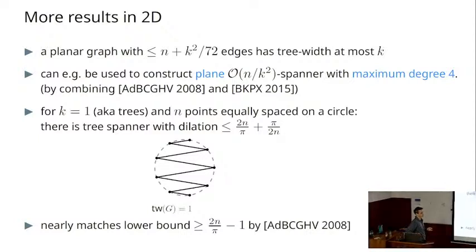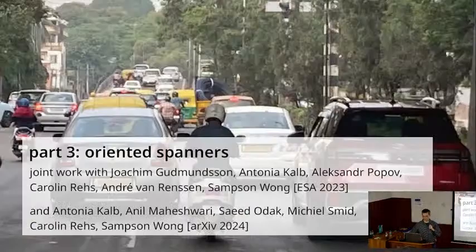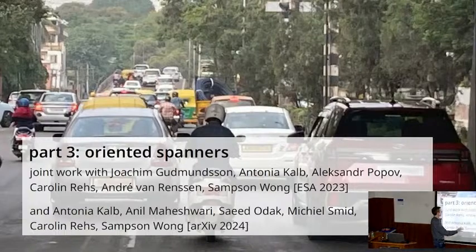Like you can use the Fakcharoenphol-Rao-Talwar route or the hierarchical tree embedding. So it's a tree embedding, so k is 1 and the dilation is like log n. So instead of the linear 2n by pi lower bound, it improves it to log n and gives you a tree, but let's discuss that later. Yes. Because I still have one part that I want to talk about.